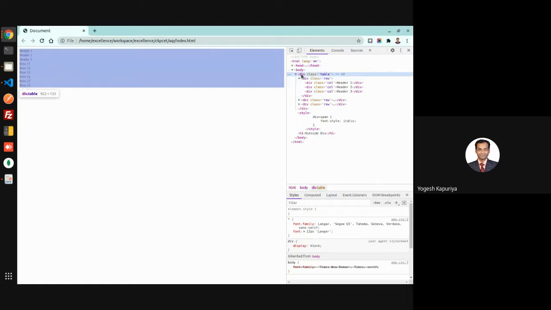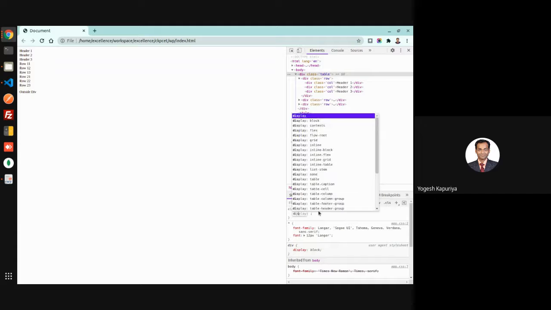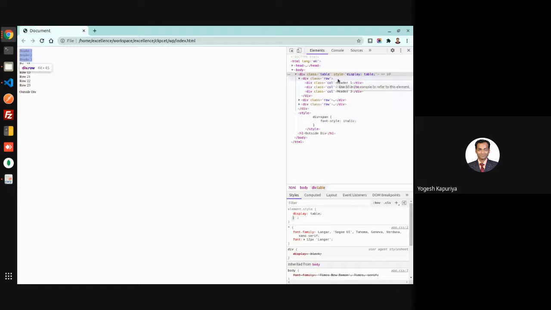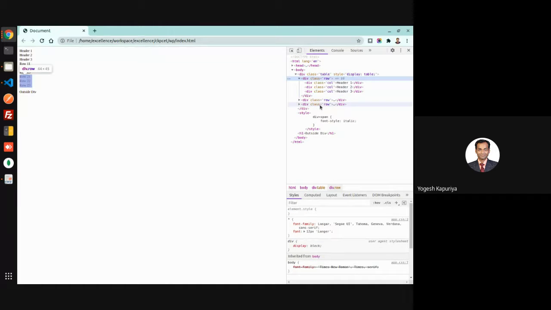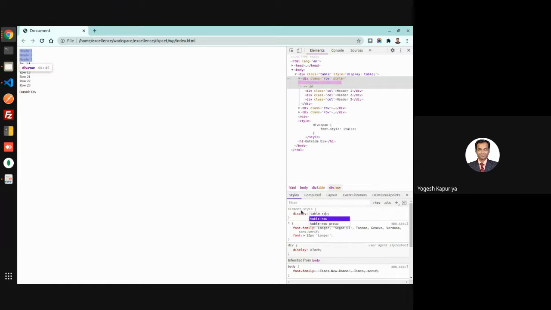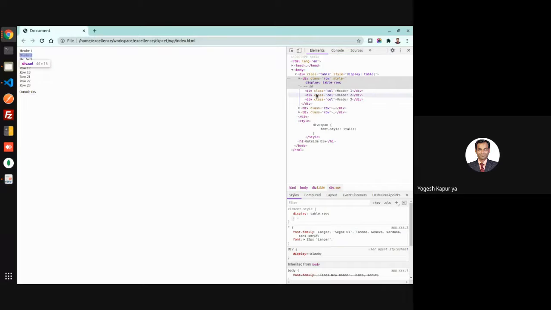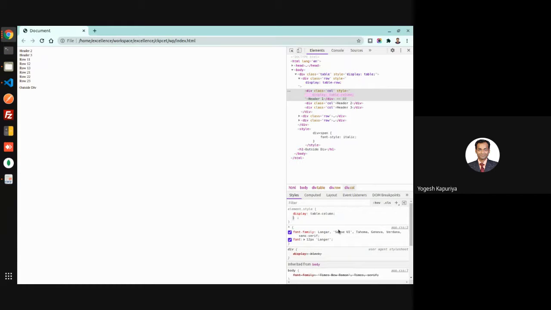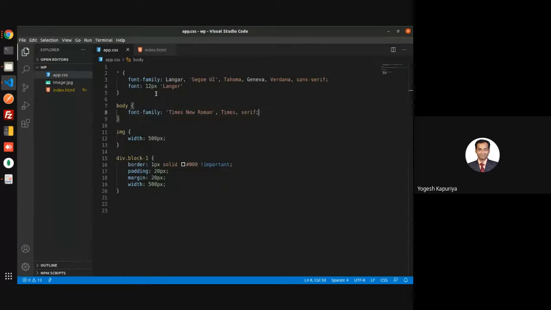So for that, what you can do is you will say this is my display table. Then you have a row element or a row level block, so you will say display table row, and then you have column level, so you will say display table column. But still you are not getting it because you have applied it on a single node.